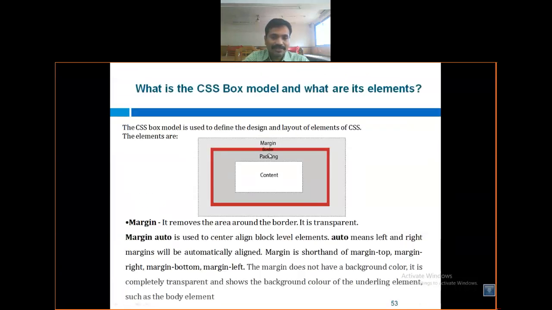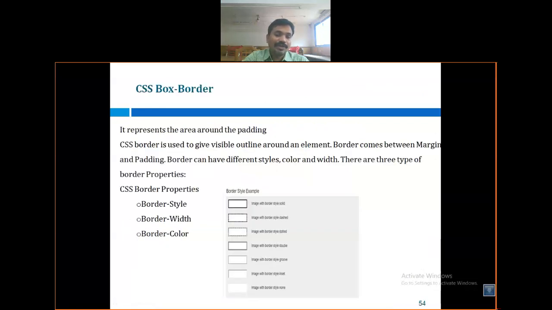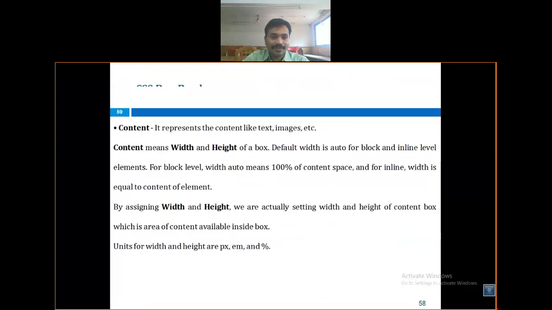The third part is called padding, which you write after the border. Padding is nothing but space above the content. What is content? Content represents things like a text element. If you want to give some text inside, you can specify it within that. The content means the width and height of the box.